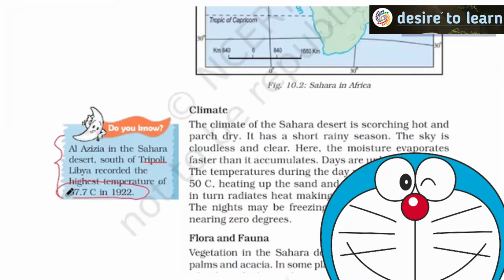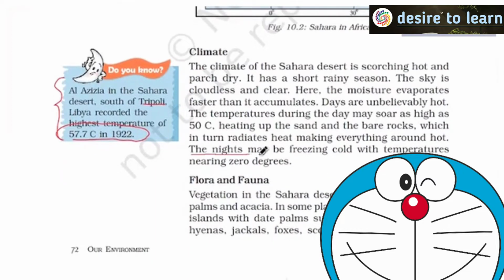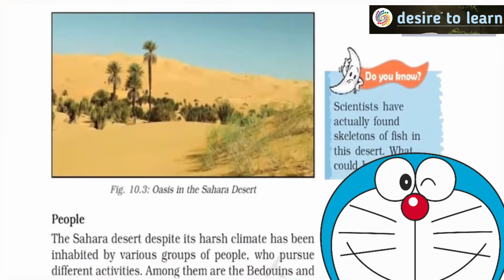Desert, during sun rays in the morning, has high temperature because there are no clouds or water vapor to absorb the sun's rays. So because of this, the heating will be more. In nights, the entire earth cools quickly, and because of which you see extreme cold temperature in the night. Summer and winter, you also see extremes of temperature. The nights may be freezing cold with temperatures nearing 0 degrees. And animals, camels and all, right? No need to worry much.